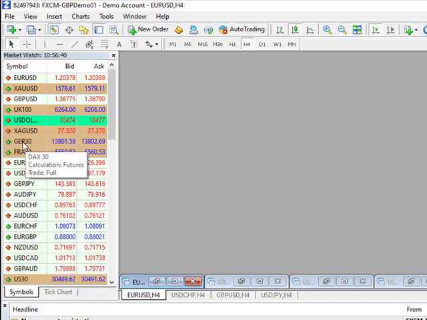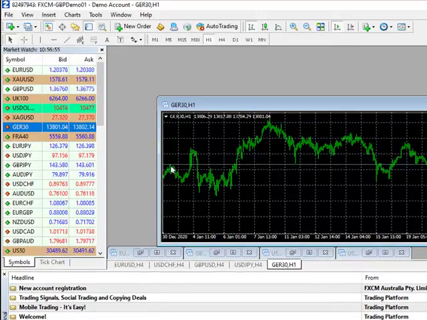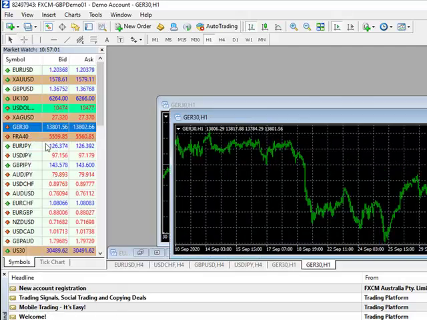And we're going to choose GER30. As you can see, it says here, the DAX 30. It's a German market. So right click on that, and then now click on charts window. As you can see, there's a drop down window. So open that, and we want two of those. So we go again. There. In actual fact, you know what I'm going to do for you? I'm going to show you,